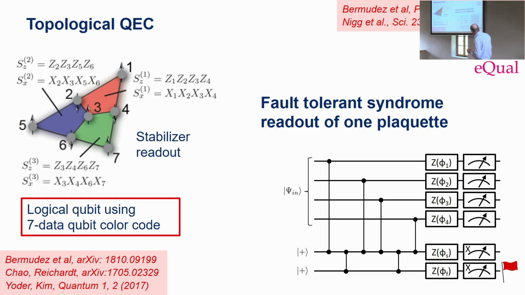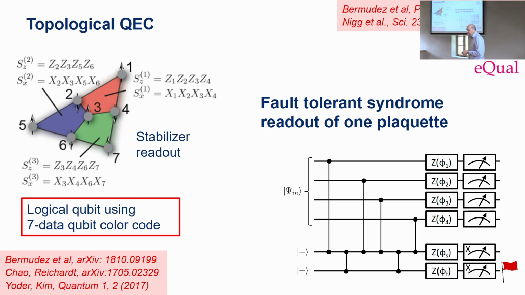And here are the data qubits like this. We do it only in the red plaquette so far. So you have these 4 data qubits, and you have to do a fault-tolerant readout of this plaquette, of the parity. So you apply all these phase gates here to the error syndrome qubit, okay? But now the error syndrome